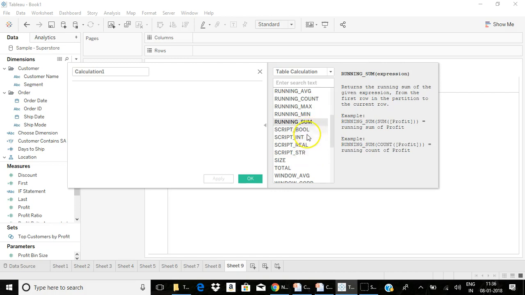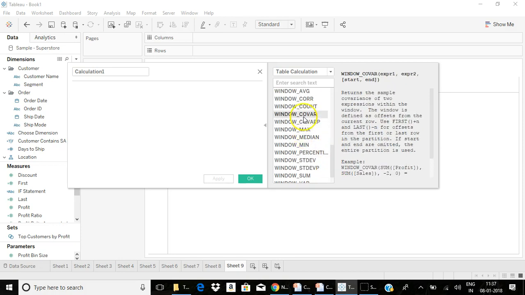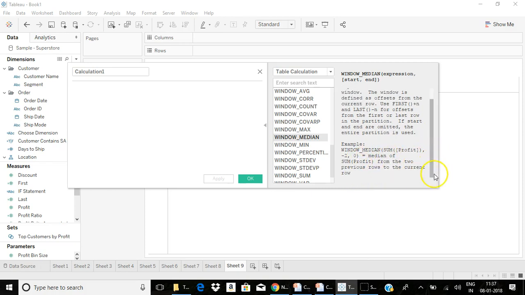These four functions are used to call external scripts, which you will understand in the Tableau Advanced course. We also have the Window functions. Window functions will calculate the aggregation within the specified window. For example, sum of profit, -2 to 0 will take the median only between the two previous rows and the current row.